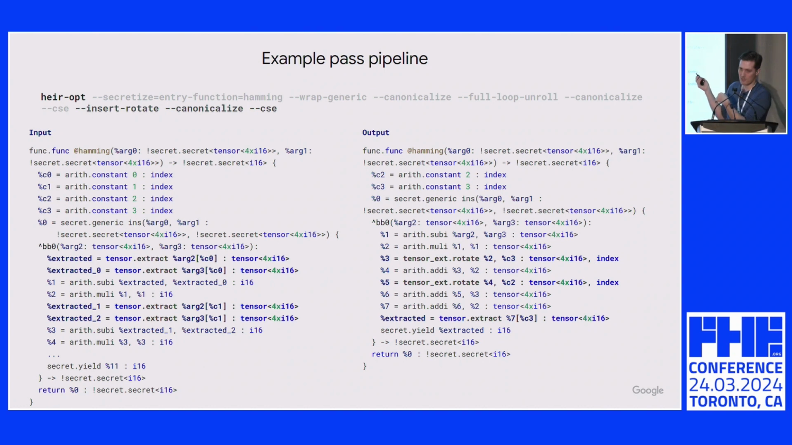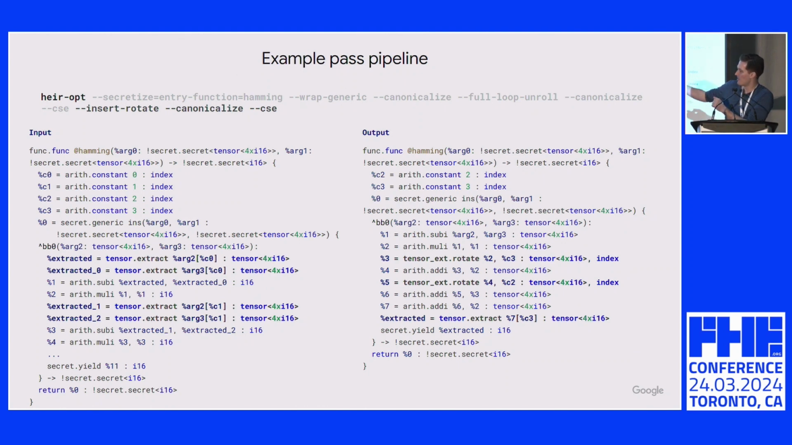And then we're going to look at when things need to be aligned a certain way, we'll insert rotate ops to align them properly. And then at the very end, we can extract the particular index that is the data item we're looking for. And you'll notice that